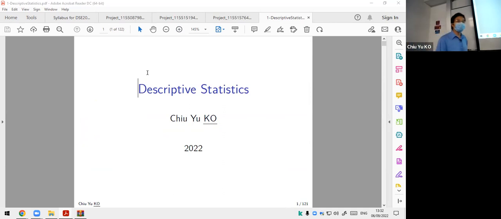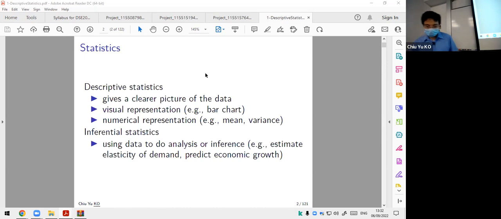Just a gentle reminder, my surname is K.O. I don't know whether I should put surname first or surname last, but I underline it and capitalize it. Then when you try to email me, you know what to write. Well, there is confusion because in Hong Kong, Chiu is also a surname, so probably people get confused. But I hope that is not the case. I'll make it clear now.